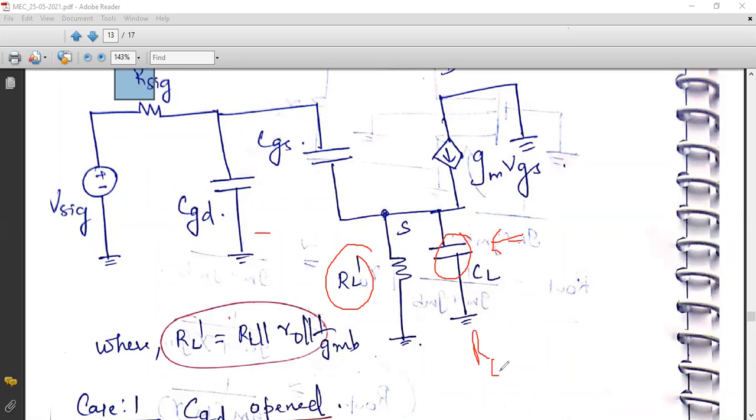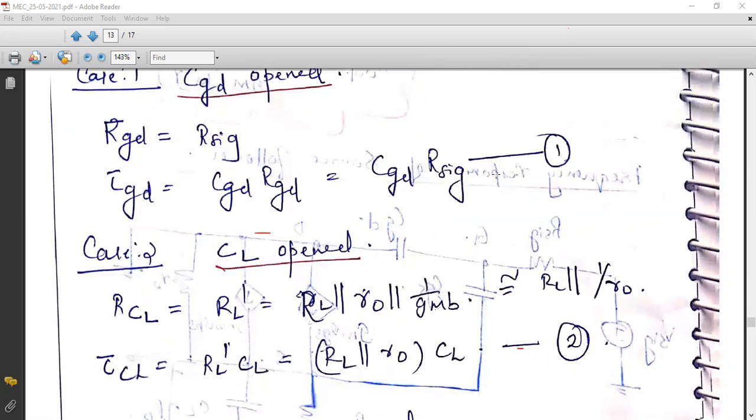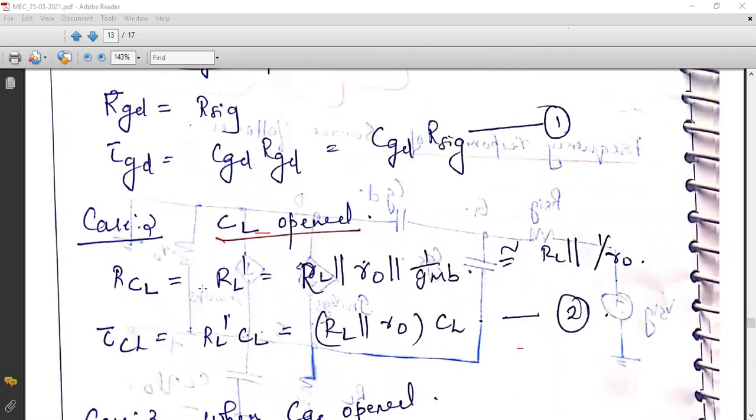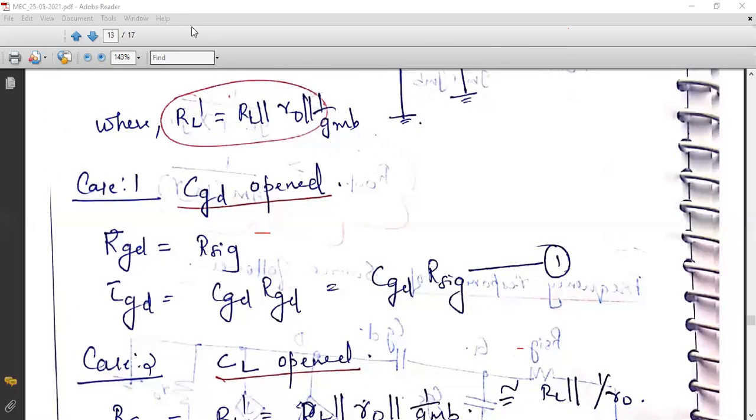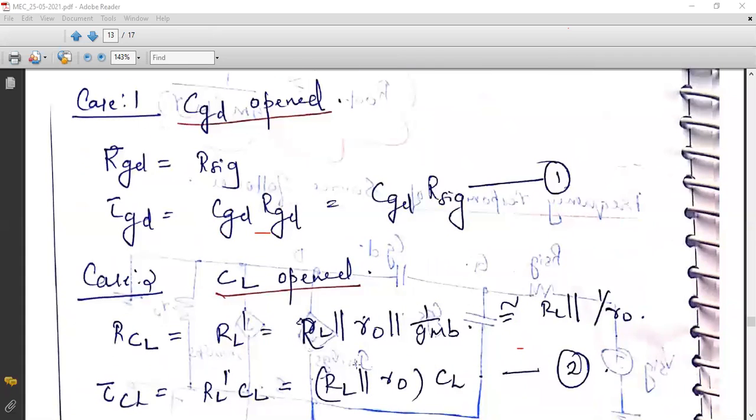Therefore, RCL is the equivalent resistance that you obtained after looking through CL, and it is equal to RL dash, where RL dash is nothing but the three resistances connected in parallel, which is equal to RL parallel R0 parallel